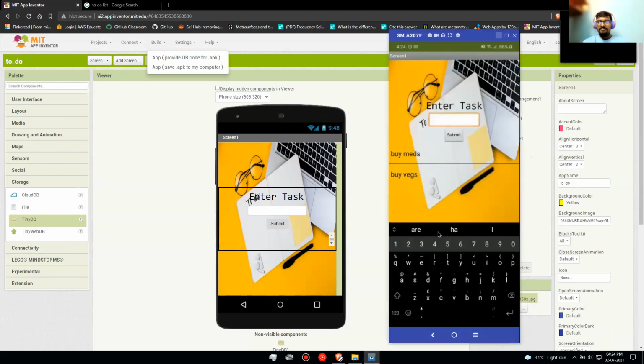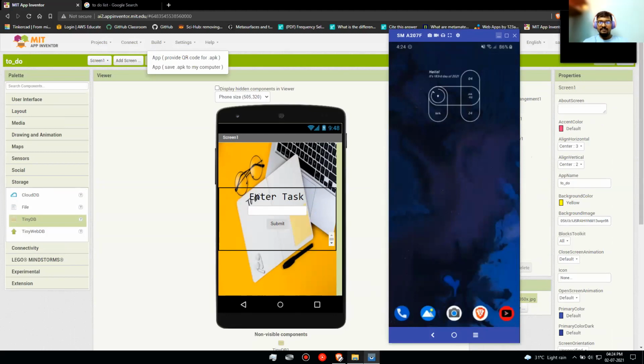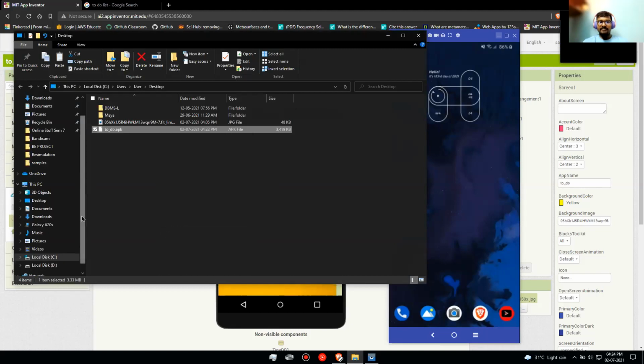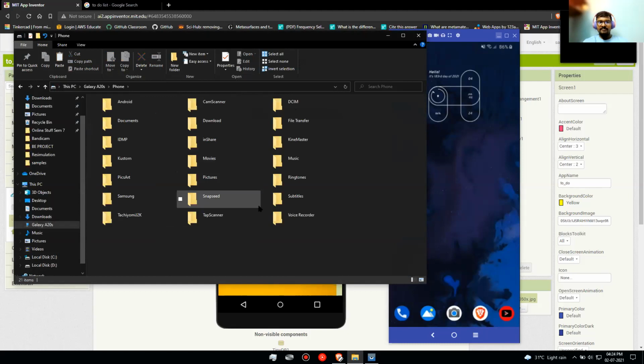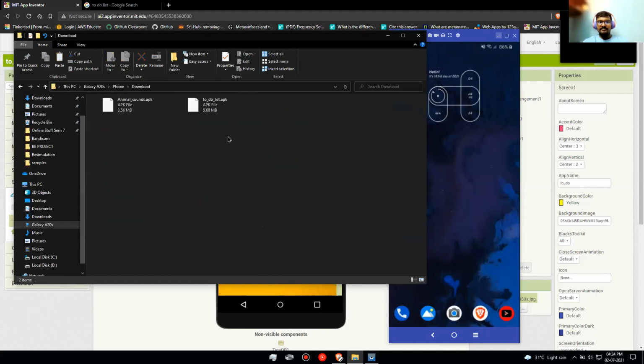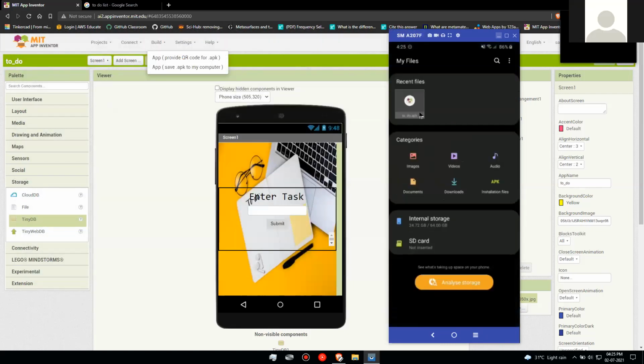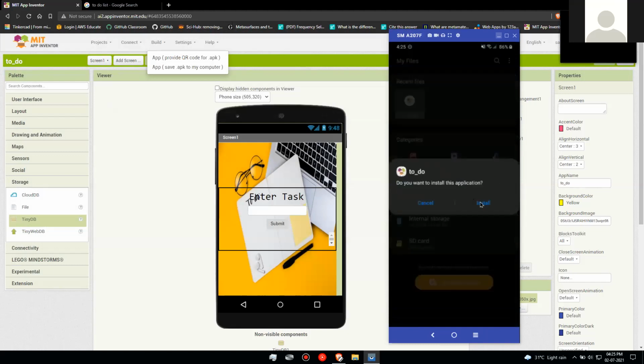So if you can see my screen, I'll take the APK that I made just now and paste it here. But for us, the phone is not there, so we will have to do it on our phone itself. The APK is already saved in the download folder, so do we have to take it out from there? Yes. If you have a USB cable lying around, you can use that for transferring.